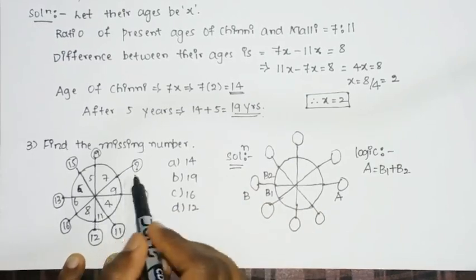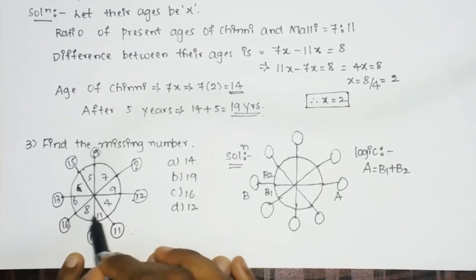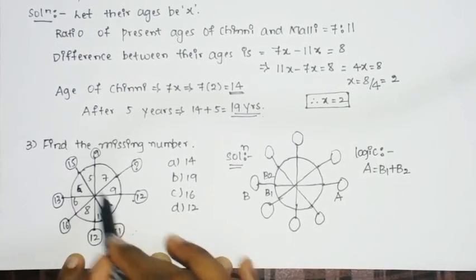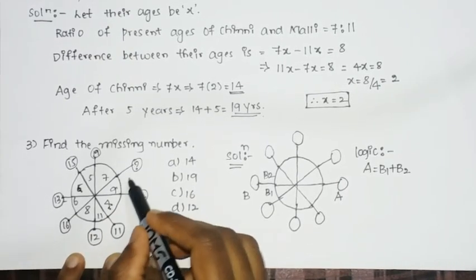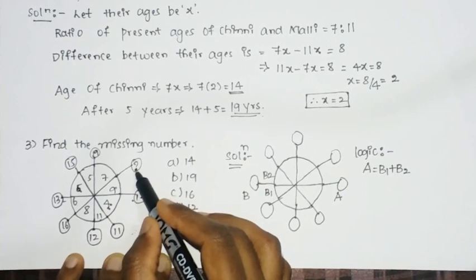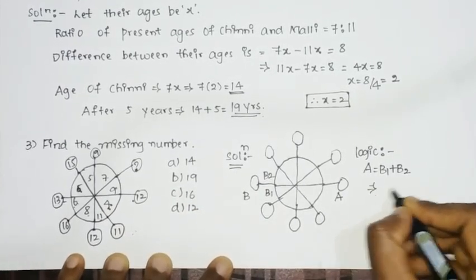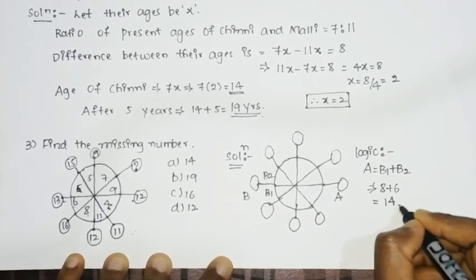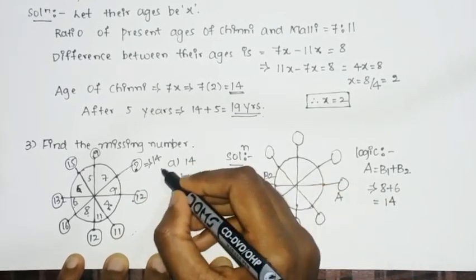Similarly, you need to find this. So here also you can see that 8 plus 11. So 8 plus 11 is 19. So again 11 plus 4 is 15. And again here you can see 9 plus 4 is 13. Similarly, you need to find what is the value of this. So again you need to do 8 plus 6. So the logic is 8 plus 6. So 8 plus 6 is nothing but 14. So therefore the question mark is filled with 14. So the answer is 14.